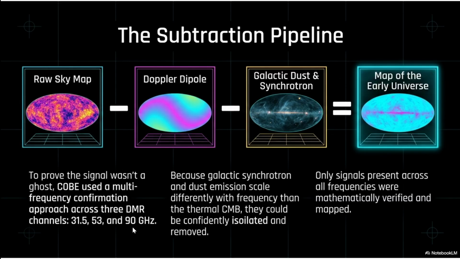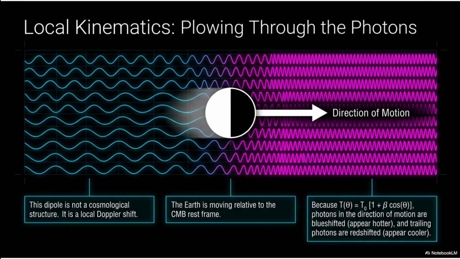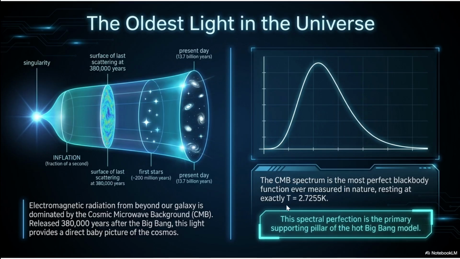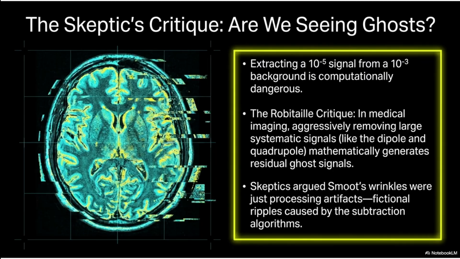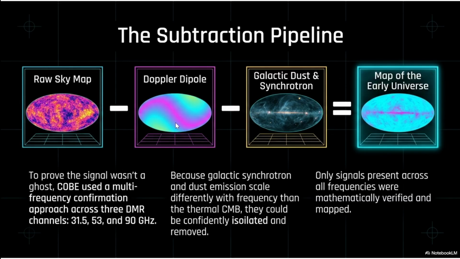For one thing, that also allows us to check the blackbody curve of the CMB. So if we're considering different frequencies, we can measure 3 different points. That's not very well sampling the curve, but we can still take a look and make models. So it's kind of a first look at the cosmic microwave background's fit to a black body. And then this also means that, if there were ghost patterns, we'd expect those during the subtraction process to show up in one of the bands, but it'd be very strange for them to show up in all of them.